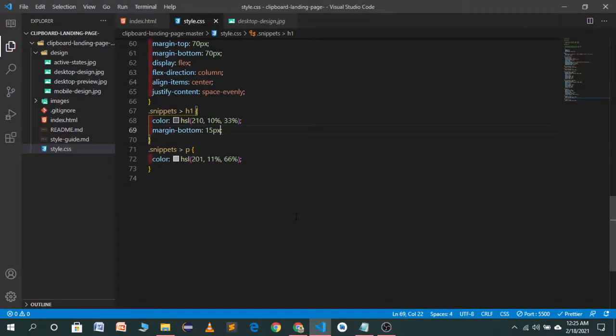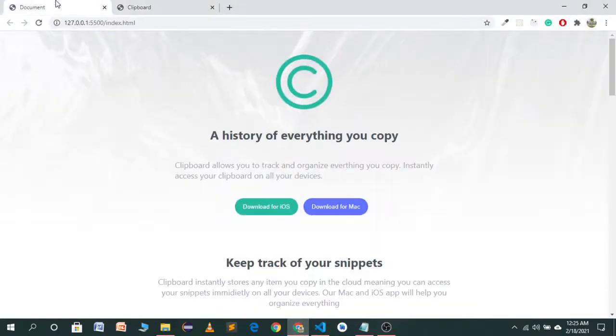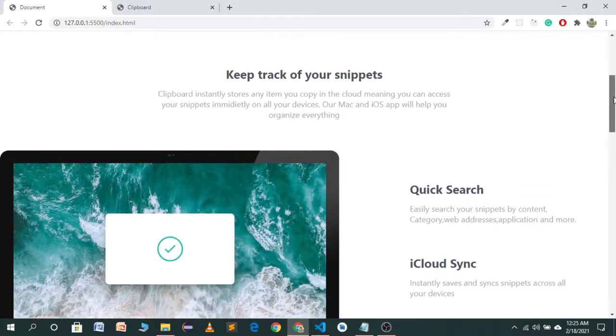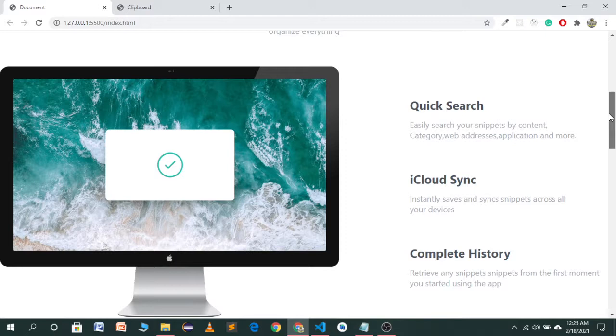Now let's see the demo, what we want in the next section. In the next section we want an image and these features of our website, which are quick search, iCloud sync and complete history.